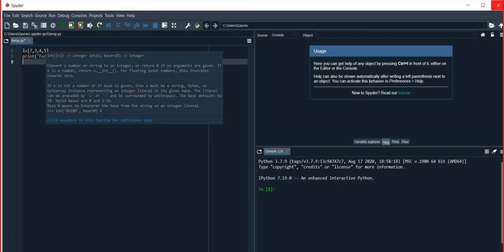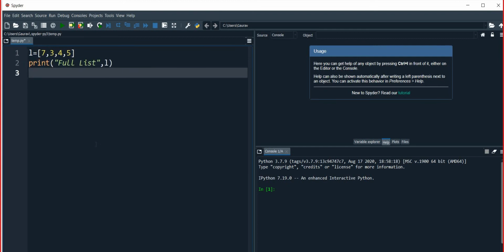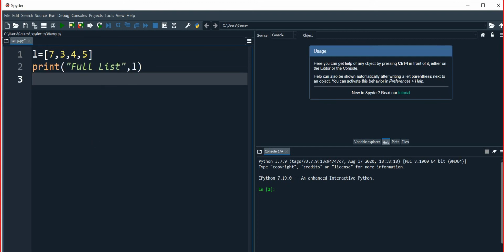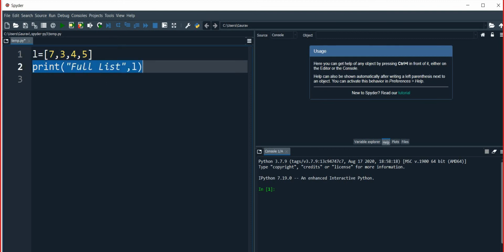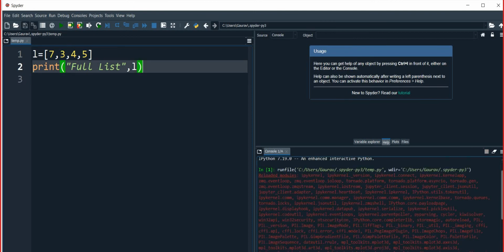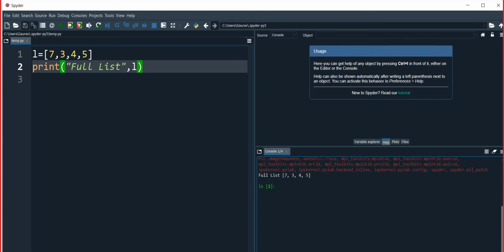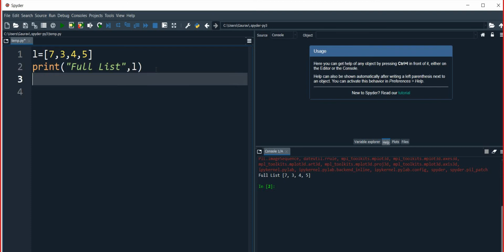Are you able to see the programming window? Ideally दिख रही है सभी को? Okay. This is the list I have, which I have already printed: 7, 3, 4, 5. Suppose that if I print this, then the output will be the full list 7345. Okay. Now let's do some changes. Some things which will print.